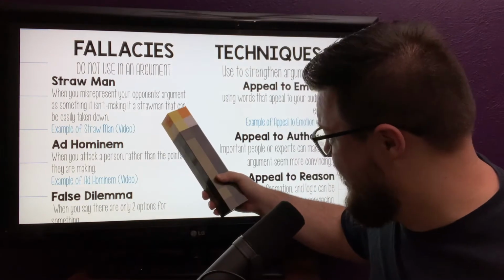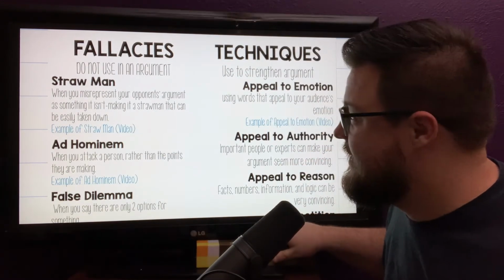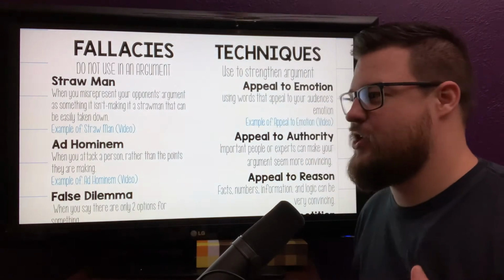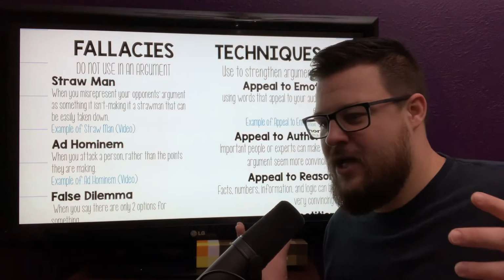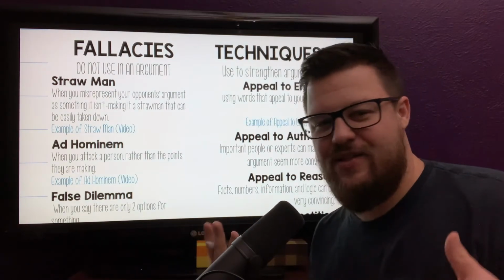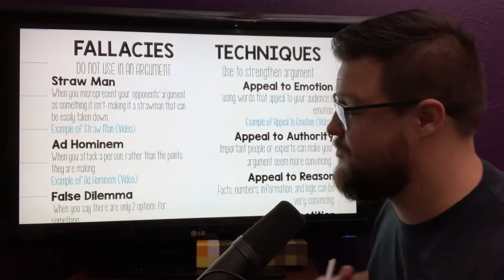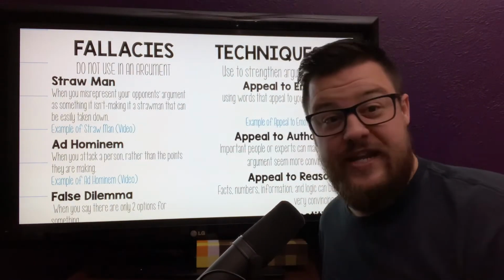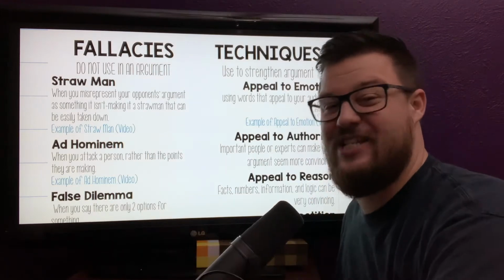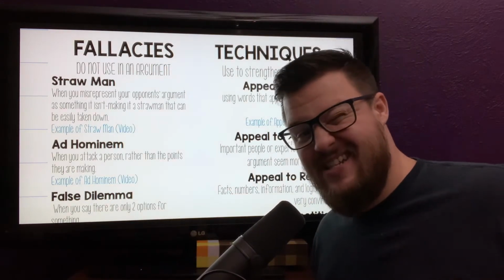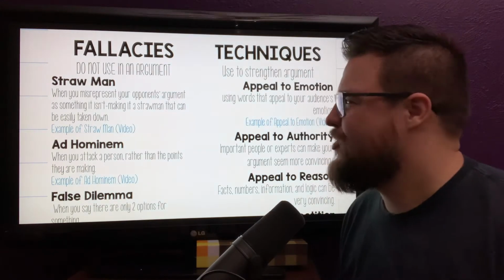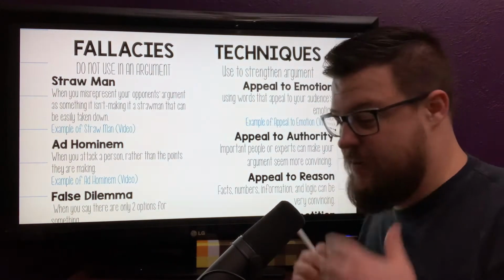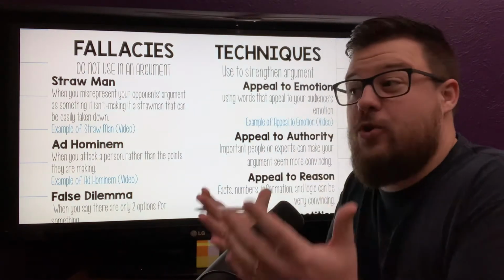So straw man is very popular. It's probably the most popular fallacy out there because it's how people think they win a debate when in reality they're not attacking someone's position in the first place. So a straw man is when you misrepresent someone's point in order to argue against an easier point. Now, this is usually done out of habit. I don't think a lot of people set out to create straw men. I think it happens when people don't understand the person that they're debating or the point that they're making.